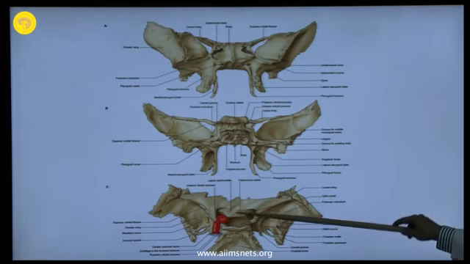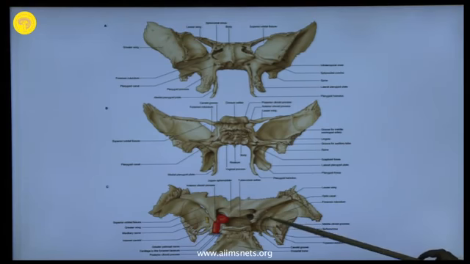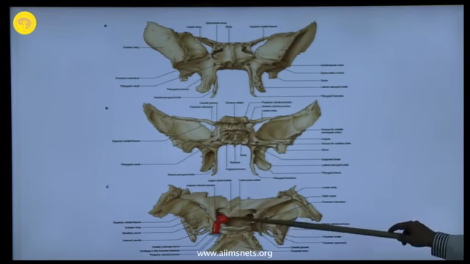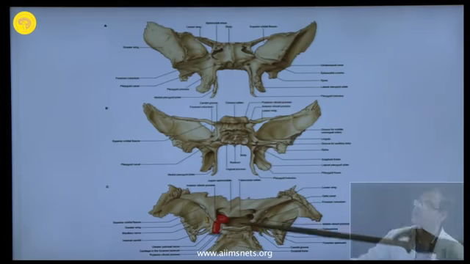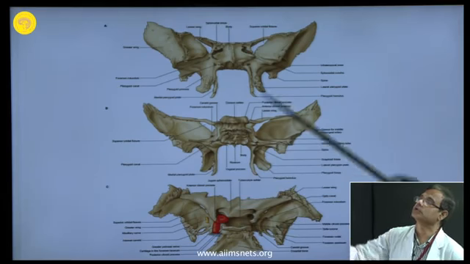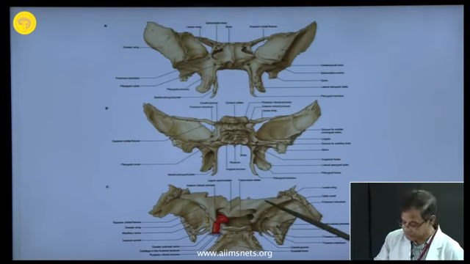Behind that, there is an elevation called the tuberculum sellae, and lateral to the tuberculum sellae is the middle clinoid process. The anterior clinoid process, you can see the anterior clinoid process. The diaphragma sellae is attached here. This is the sella turcica. You are going to approach the sella turcica through the sphenoidal air sinus, so you have to know the relations of the sella turcica.